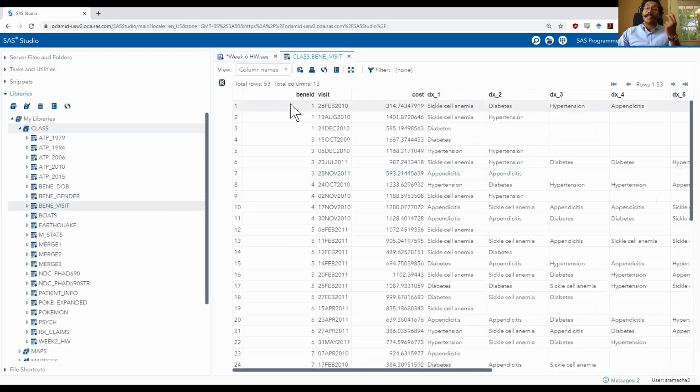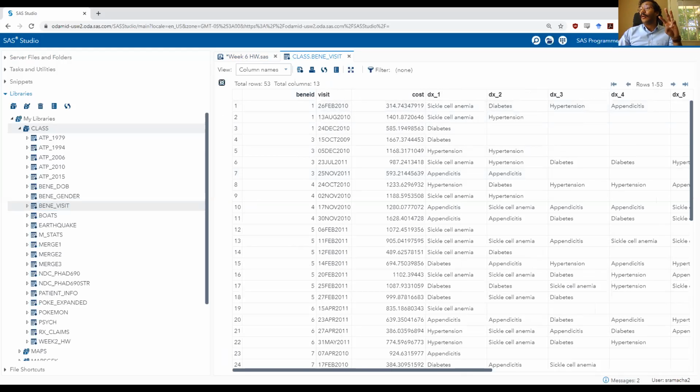This file is an event level file. So every time an individual goes to the hospital for a hospitalization event, that's one row in the data set. This is typically how administrative claims data are set up. It's not necessarily always the case, but it's typically the case. Well, in this case, if you have 3 different rows for Benny ID 1, that means the beneficiary was admitted to the hospital 3 different times.